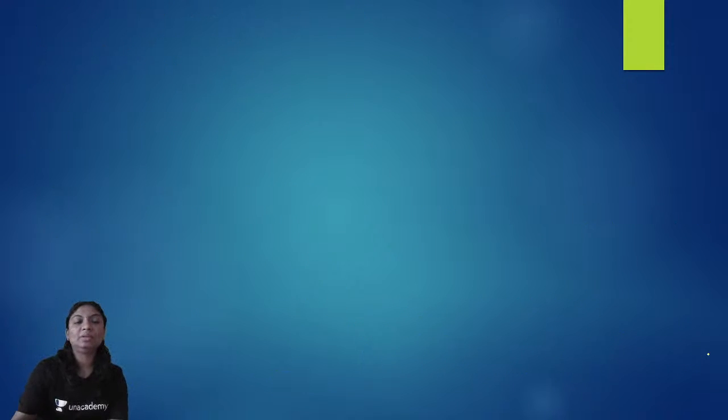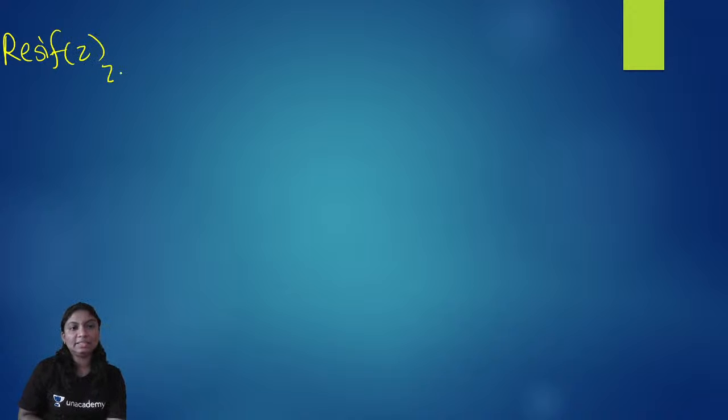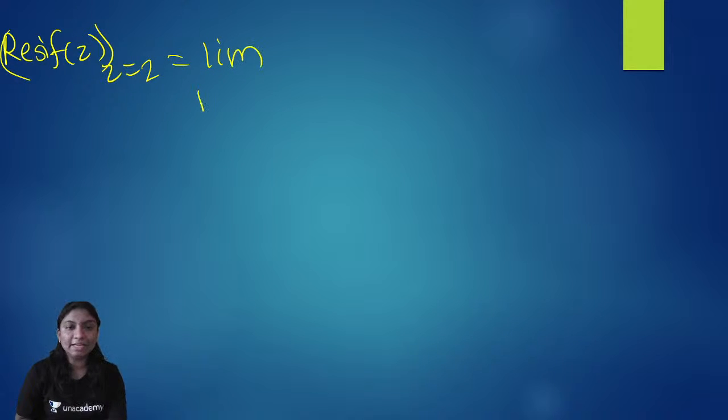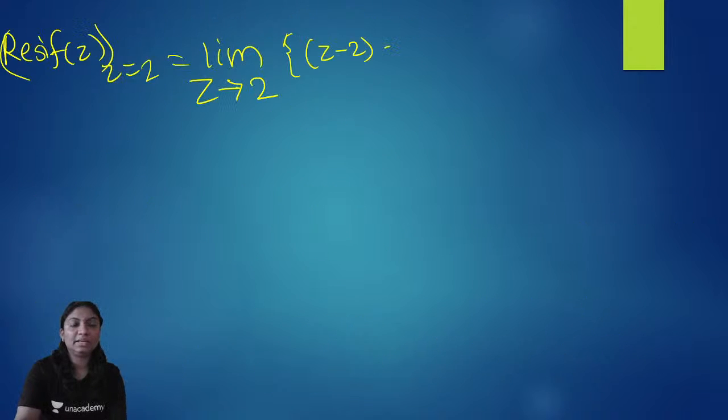In exactly a similar way, we can calculate the residue of f of z at z is equal to 2, which is the limit as z tends to 2 of z minus 2 into f of z. Here f of z is 1 plus z upon